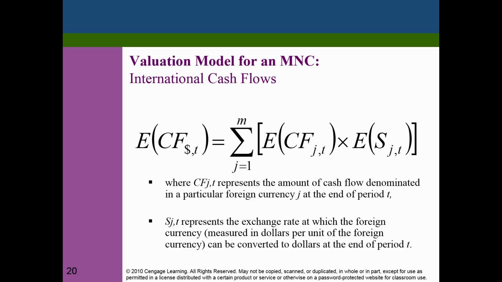Now what happens when a company goes abroad? So for example, if you're a company like Microsoft, you get paid in different currencies. You get paid in US dollars, you get paid in euros, you get paid in British pounds, in Indian rupees, Chinese yuan, and so on. So what do they have to worry about? When you look at the expected cash flows, there are two parts to that. That is the cash flows in the foreign currency, and they also have to look at what is going to be the expected spot rate at that time. So whenever we talk about a valuation model for an MNC, we not only have to worry about the future cash flows, we also have to be concerned about what is going to be the expected spot rate.